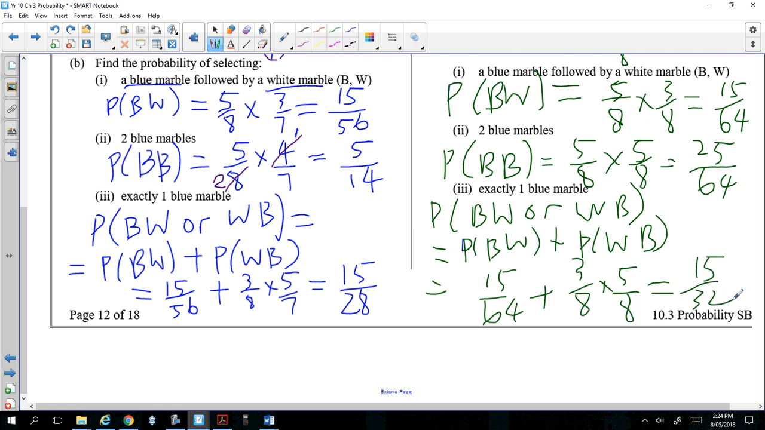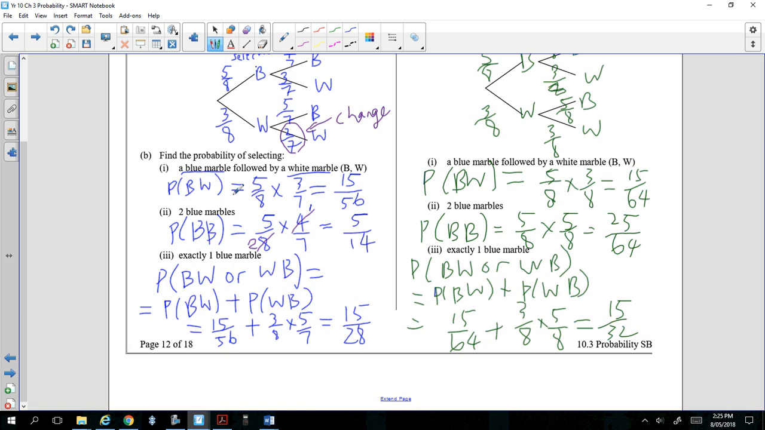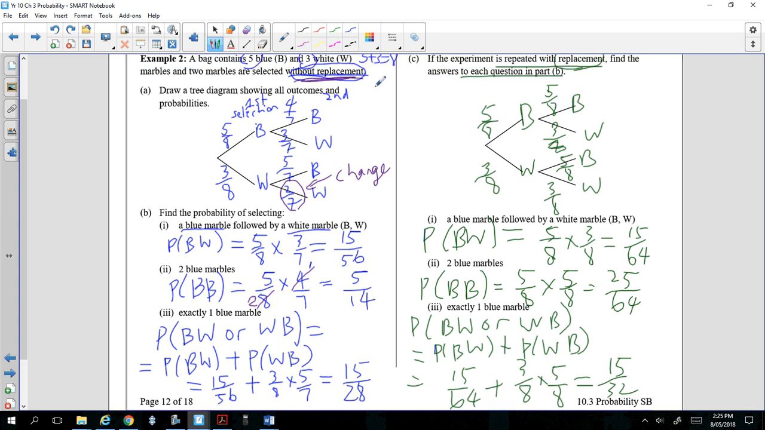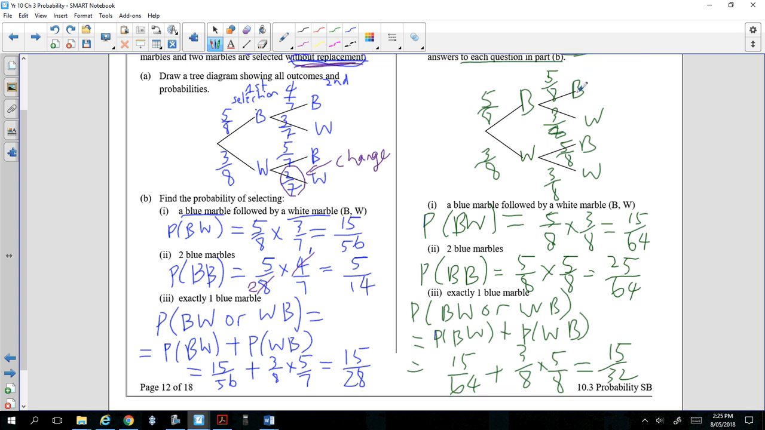All right, all finished. So now you know how a probability tree diagram works, how to do it when they are without replacement, how to do it with replacement, and the effect on the probability. Okay, all right, good. So you can start the exercise today on